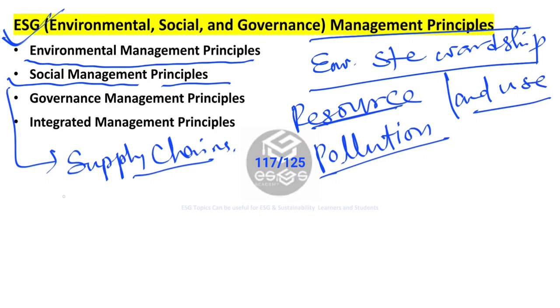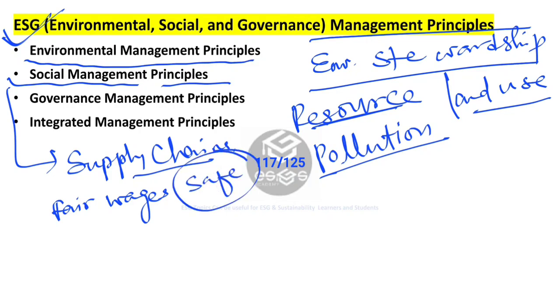The next comes labor practices. We need to uphold fair labor practices including non-discrimination, and other examples can be fair wages and also safe working conditions. The next example is diversity and inclusion. We need to foster diversity, equity and inclusion, DEI, in the workplace and throughout the organization and supply chain. Community engagement. So engage with local communities and stakeholders to understand and address their concerns, and also ensure a health and safety workplace for employees and contractors.